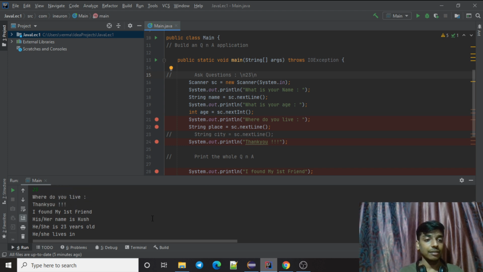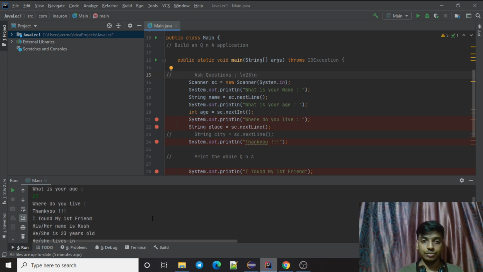So that's why I'm getting this issue. I hope you guys understood this part. This is a little tricky, but I tried to explain it as simply as possible. If you still have any confusion, please post in the comments. I will try to reply, and if I see a lot of confusion, I'll explain it again in the next session. But for now, I hope you got the idea.